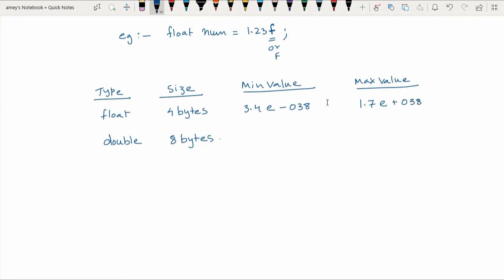For double, again 3.4e minus 038 is the minimum value, and maximum value is 1.7e plus 038.